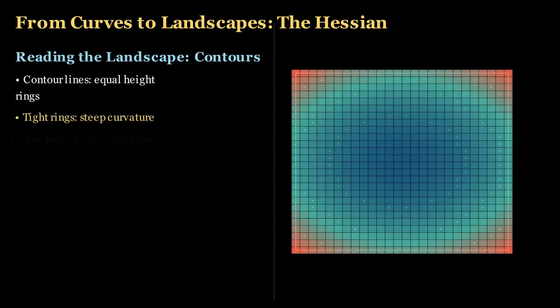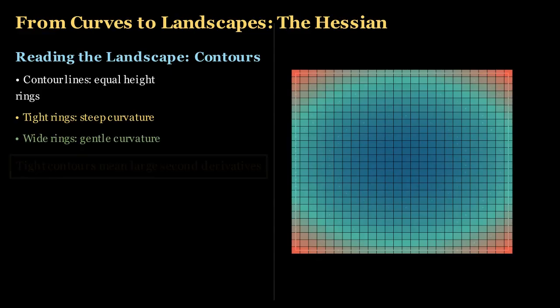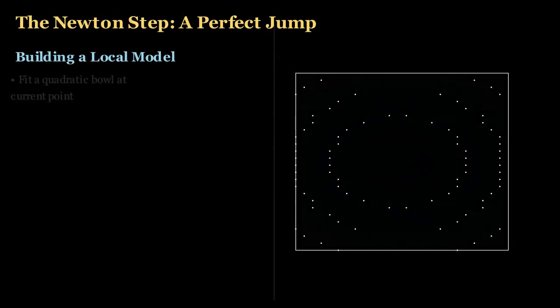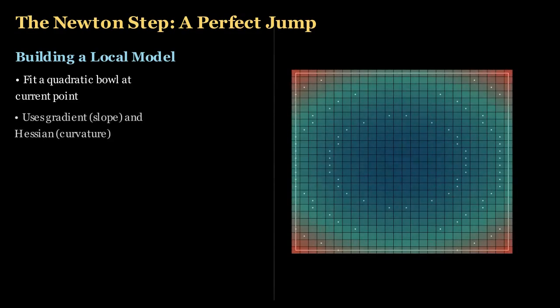A contour map shows rings of equal height. Where the rings bunch tightly together, the bowl is steep and curvature is high. Where they spread out, the slope changes slowly. We just mapped the curvature with the Hessian. Now,